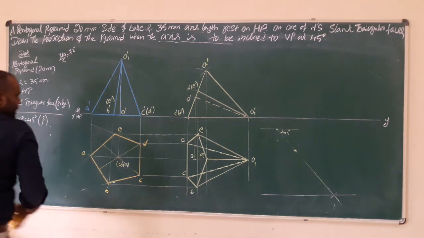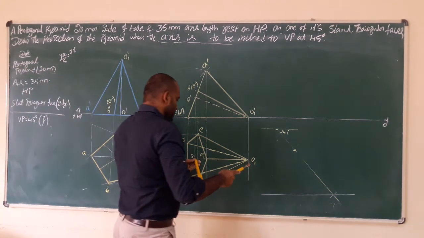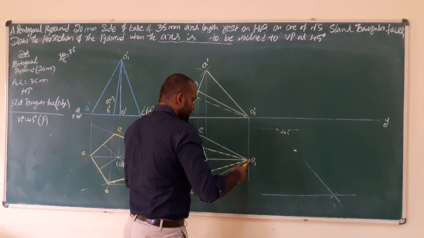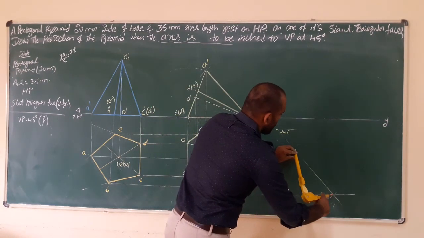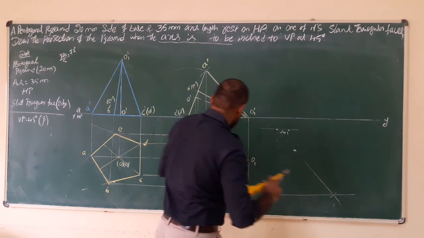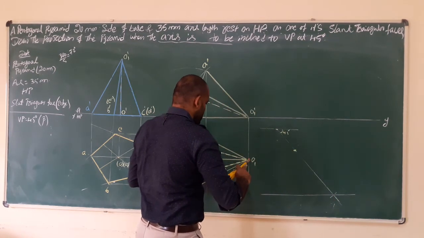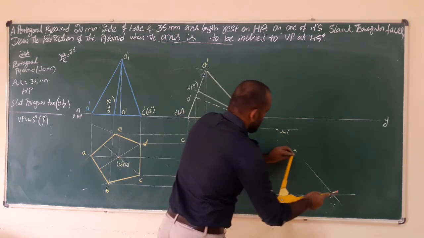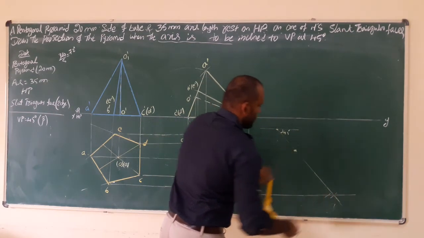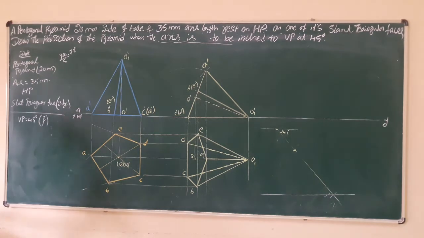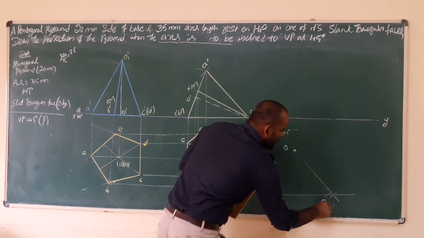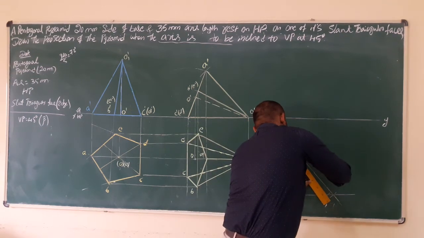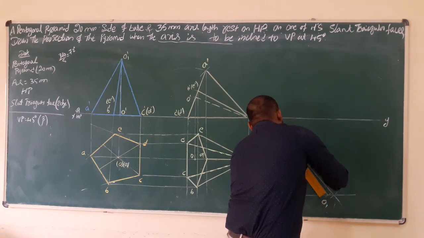Next you have to select O to O1. Second step, O to O1. That point is called O. Second step, O to O1, you have to cut. That point is called O1. Just you have to join and continue that line.